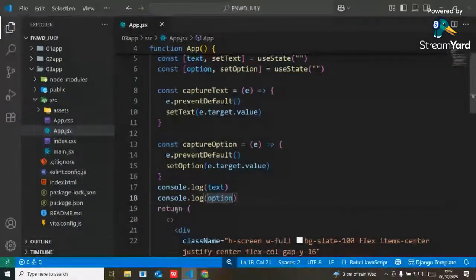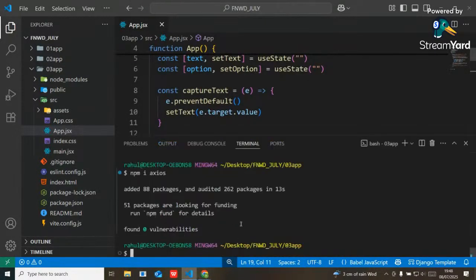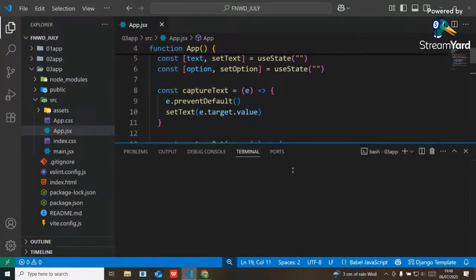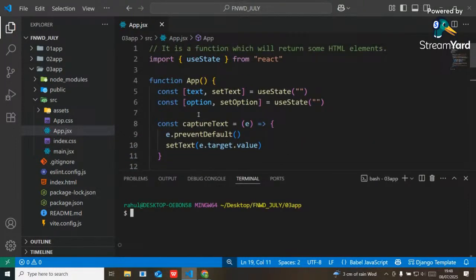Okay, let me console it first, guys. If I do not console now, I will not be able to understand whether the text has been captured or not. So let me start the server. See, guys, if you know now how to create the variables, it is not a very big deal to create a state variable, right? Also, it is not a very big deal to capture the data,